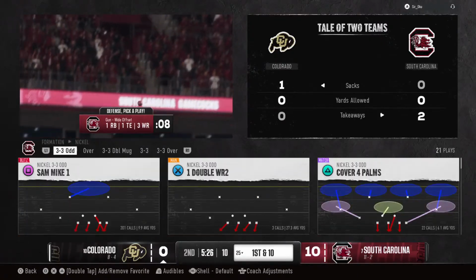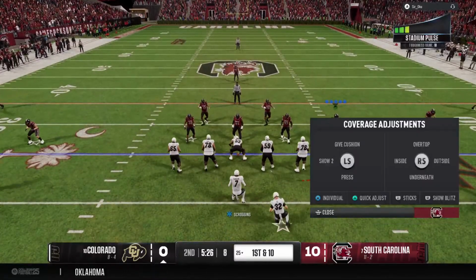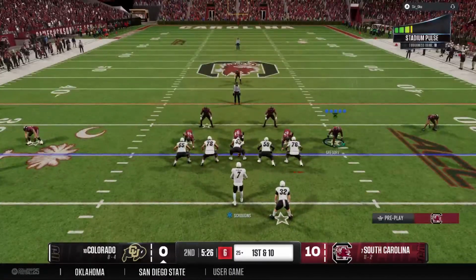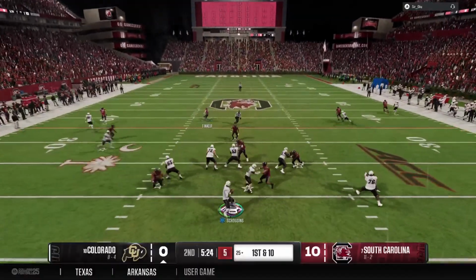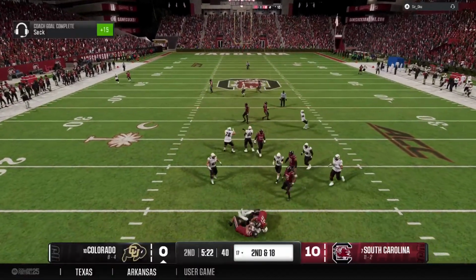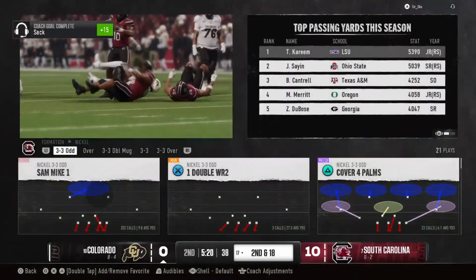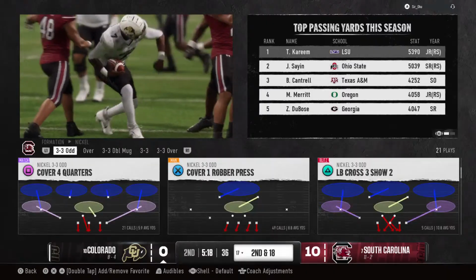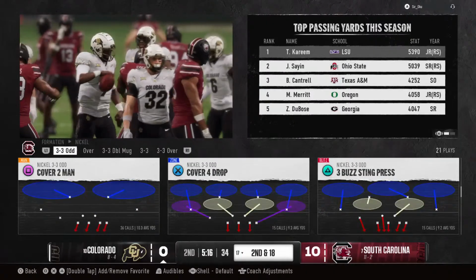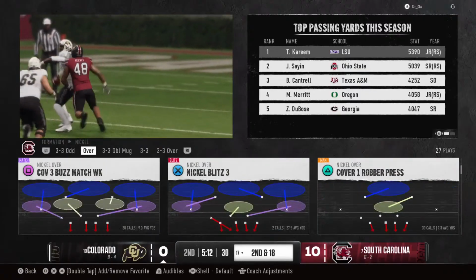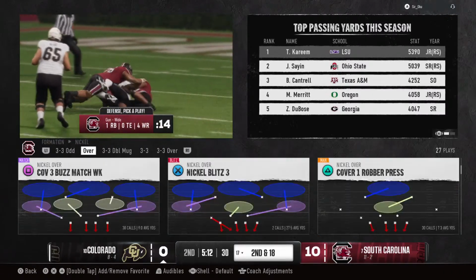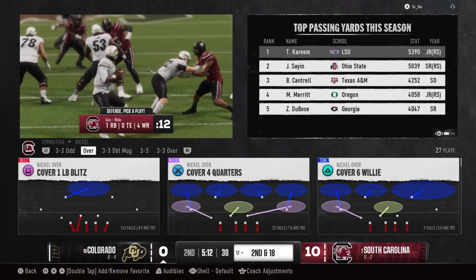And here comes the Colorado offense back out on the field. They had some good things going in the last drive, but it ended suddenly with the pick. Let's see what they can do here. Oh, a sack. The senior on this defense making a big play. Well, you've got to do a better job with your fake as the quarterback. The defense did not bite at all on the play action, allowing them to continue to come after the quarterback and come up with that sack.